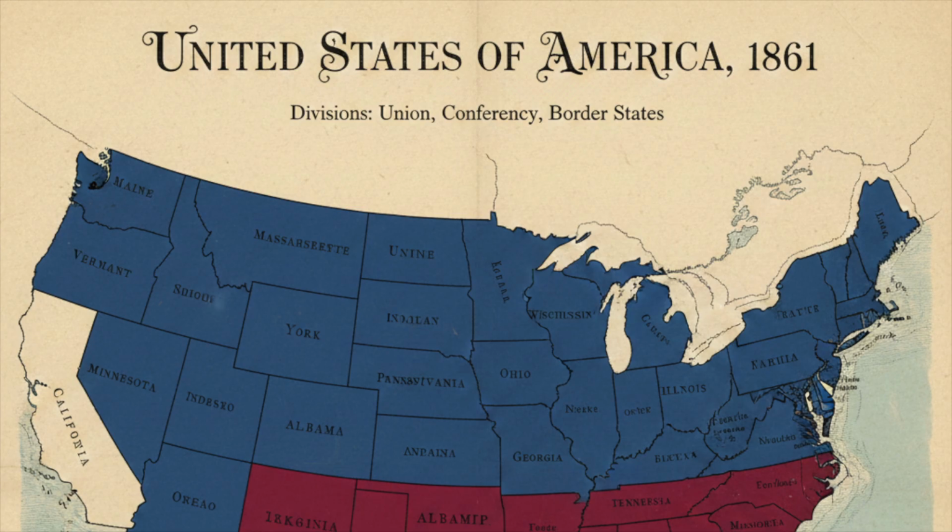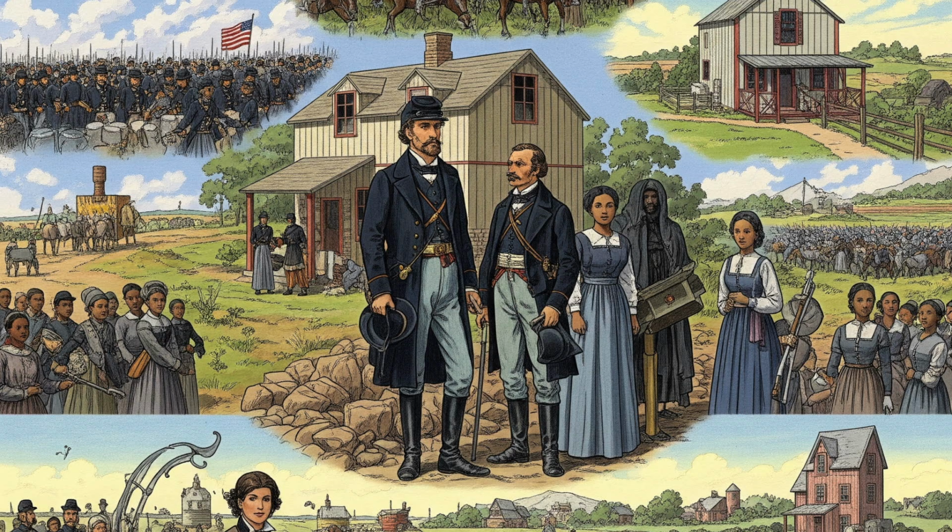Let's start with the Fugitive Slave Act of 1850. How did Northern resistance to that federal law become an immediate cause of secession? Well, the Fugitive Slave Act required federal marshals and even Northern citizens to help recapture runaway slaves. This outraged abolitionists, and they began to actively resist it. So when you read the Southern secession documents, especially from South Carolina and Mississippi, they complained bitterly that Northern states were engaging in their own form of states' rights by nullifying or resisting a federal law that protected Southern property. So it highlights the hypocrisy, really. They demanded federal power when it protected slavery, but championed states' rights when they felt threatened by it.